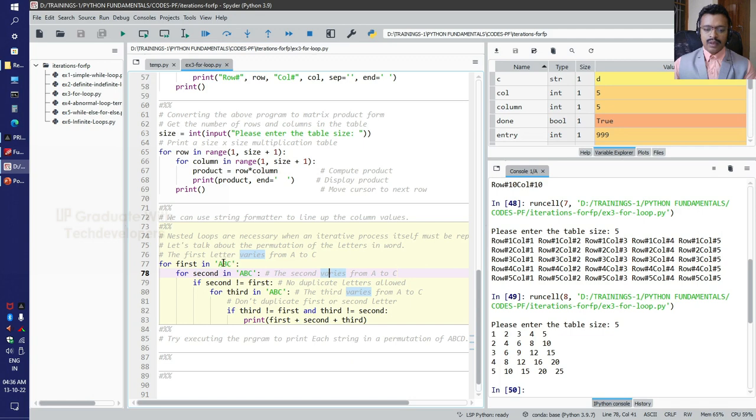So here we are using the word ABC in capital letters, and we are trying to get the permutation of the letters in the word. Okay, so all the possible permutations. In order to do that, we know that when we want to do the permutation, we should first consider the word as it is,